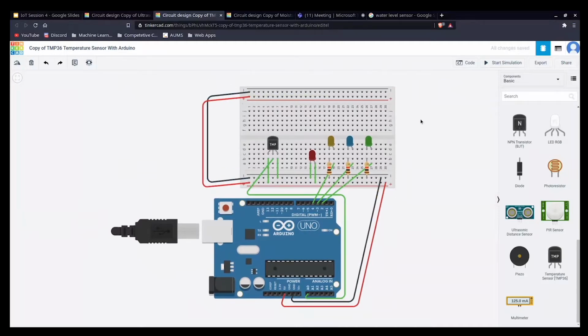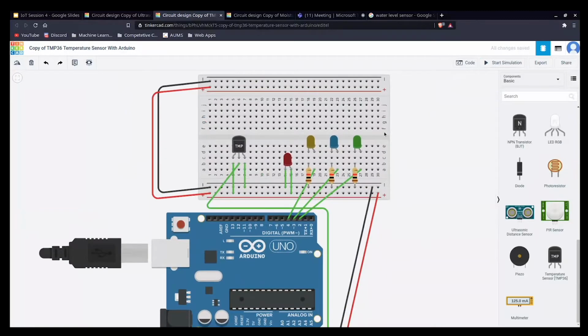So why are we doing it like this? This is because when we want to connect various devices on the same breadboard, like if I want to connect some more sensors here or any other LEDs here, I don't need to individually connect each to 5 volt from the Arduino again and again. I can directly connect it here.